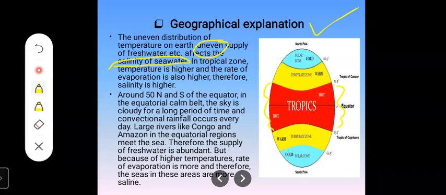Means in this red portion in the tropical zone, the temperature is higher, and that's why the evaporation rate will also be higher. In the same way, the salinity will be high. Temperature high, evaporation high, salinity is also high. Next, then next important point in this is that